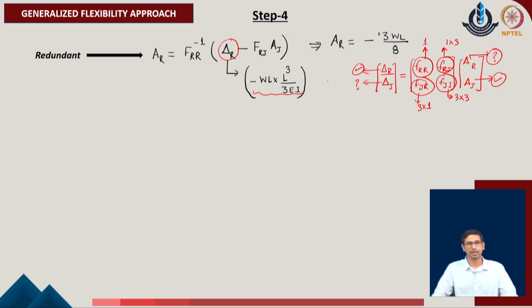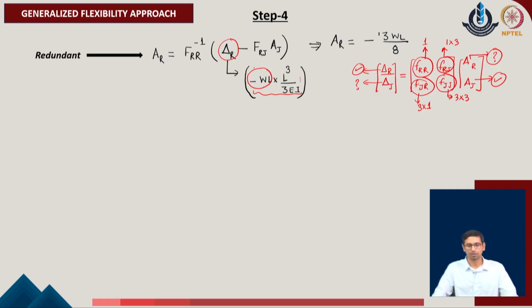So, we will be writing the given system with respect to the individual parameter of the load which is active at that position, and that is the load W L only. That is why we consider the delta R corresponding to the W L which is acting in the downward direction, and corresponding to that, multiplying it with the flexibility matrix of the given system.